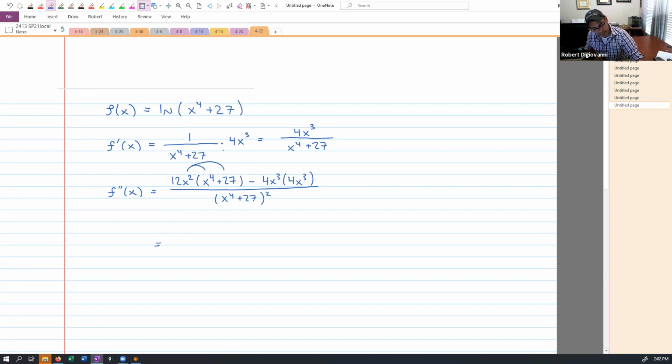Distribute. 12x to the 6th plus 27 times 12, 324x squared, minus 16x to the 6th, all over x to the 4th plus 27 squared,